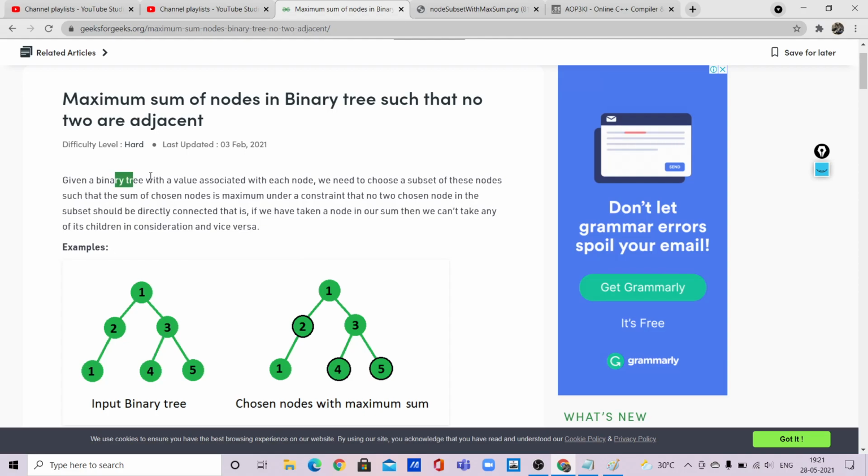Given a binary tree with a value associated with each node, we need to choose a subset of these nodes such that the sum of the chosen nodes is maximum, under a constraint that no two chosen nodes in the subset should be directly connected. That is, if we take a node in our sum, then we can't take any of its children into consideration, or vice versa. So what the question means is,